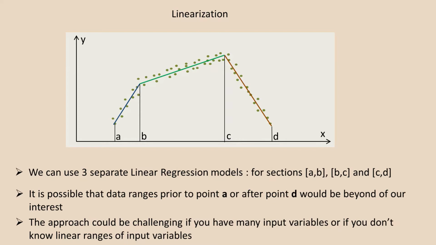There is one case when you can use linearization even if you have many variables, and this is the case if you have some preliminary business knowledge about your process. So you know some sections where you think the process could behave differently, and within each section it could be linear, but each section could have different linear coefficients. And I already told you before that it's very important to have some knowledge about the process, even though you're doing machine learning, not classic science, but it's still very beneficial to know something. And this is actually the case here.